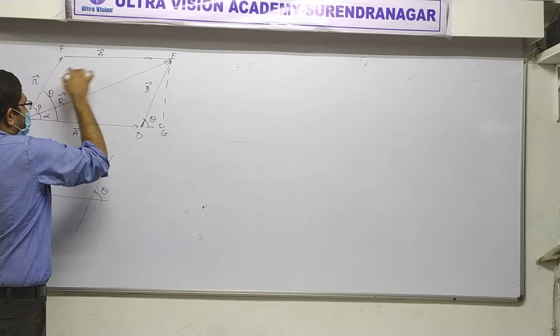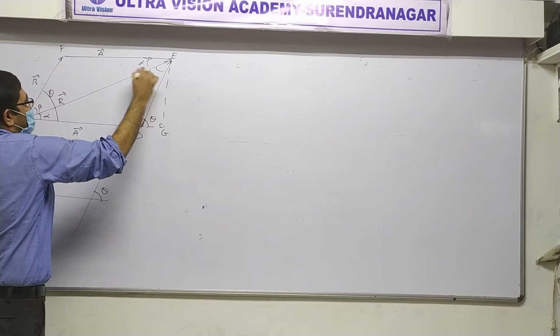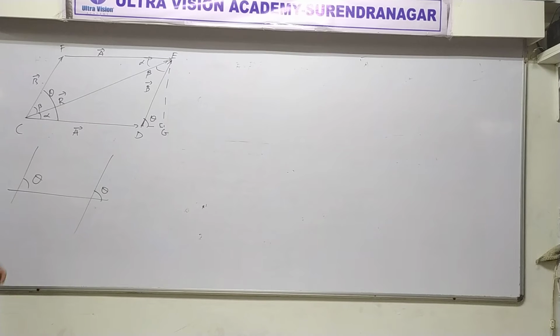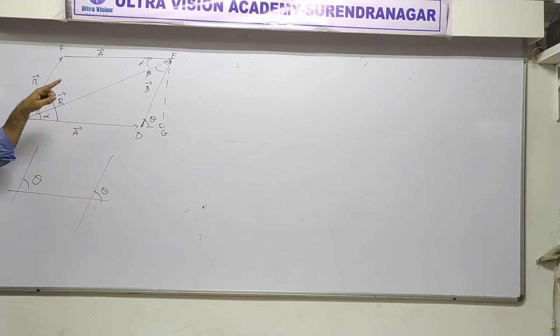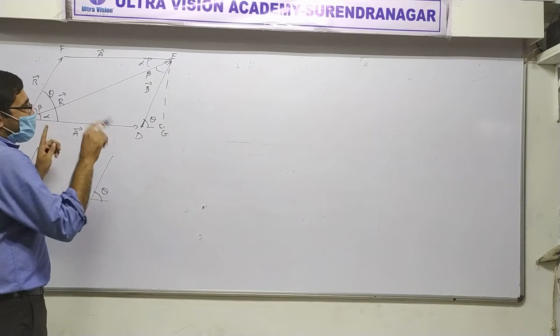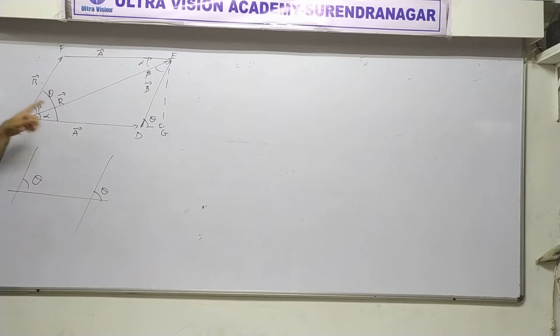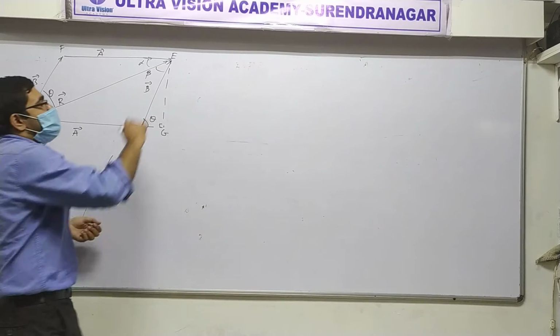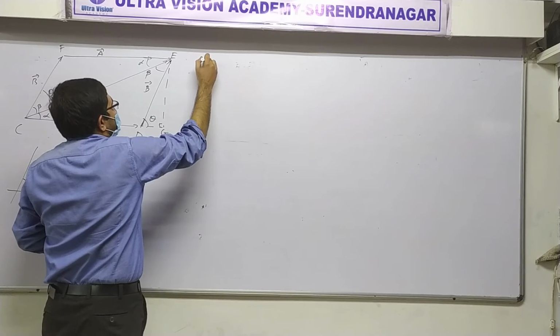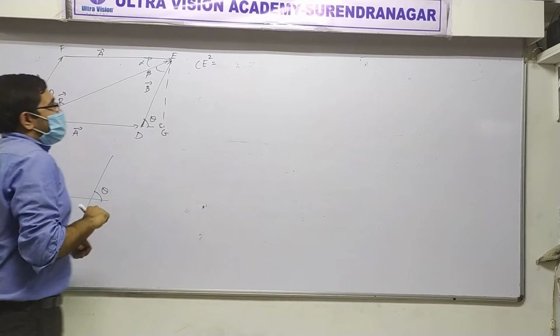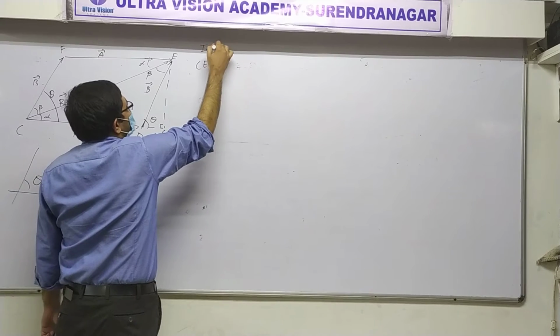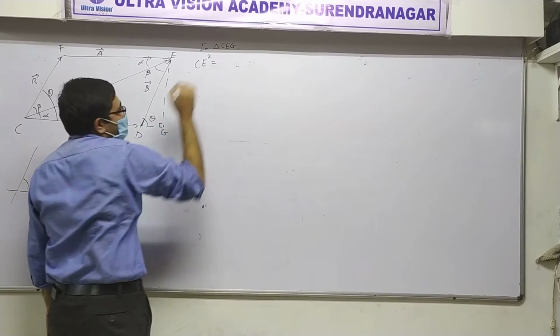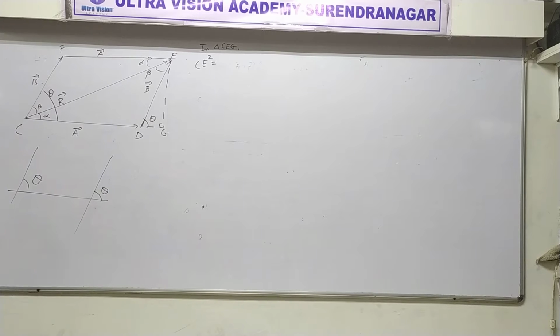Now, of course, by alternate angles, here we have alpha and here also we have beta. So we are going to express this R, which is C to E, in form of A, B and theta. Let's start. Do you see a big right angle triangle? Yes. With R as the hypotenuse? Yes. So do you agree that CE squared, in triangle CEG, by Pythagoras theorem? Am I right or not? Yes.